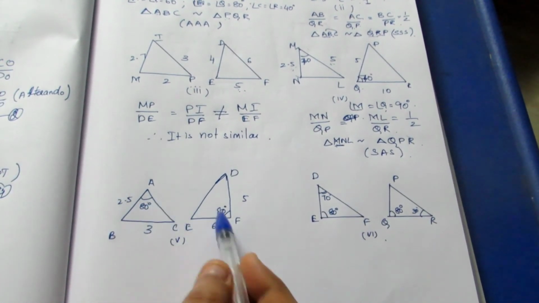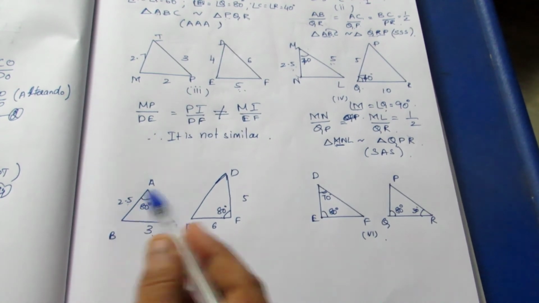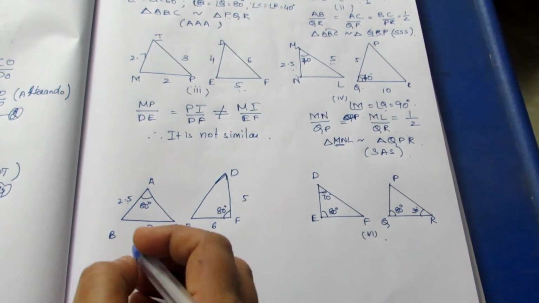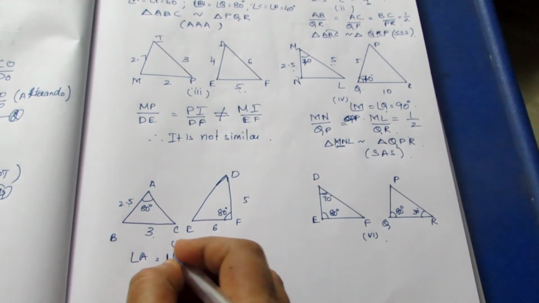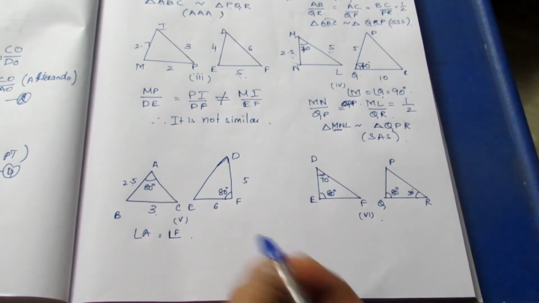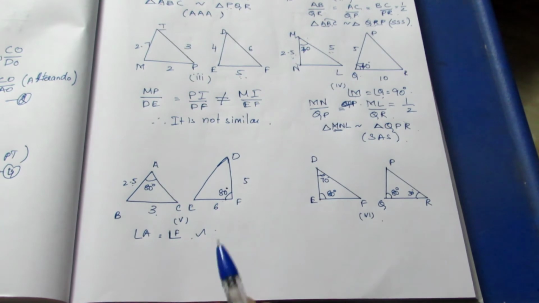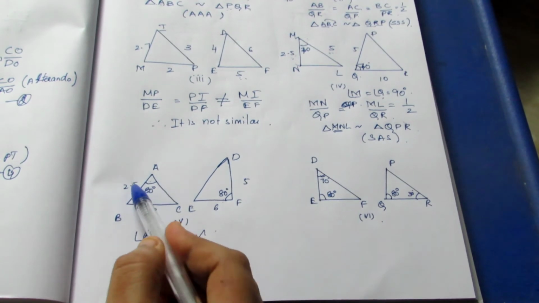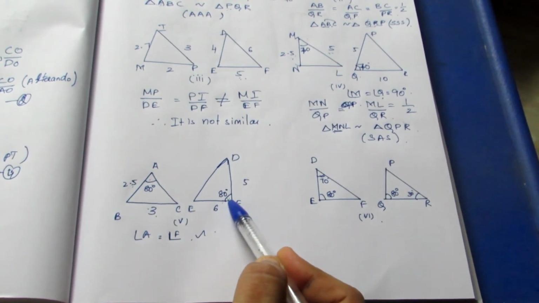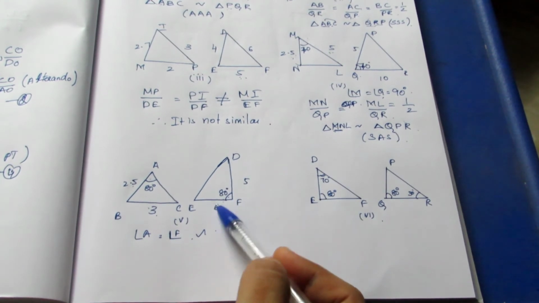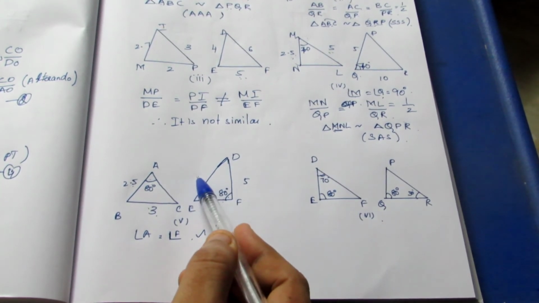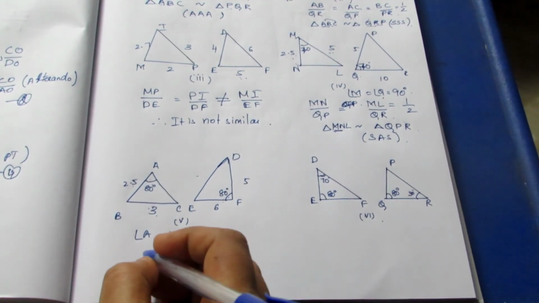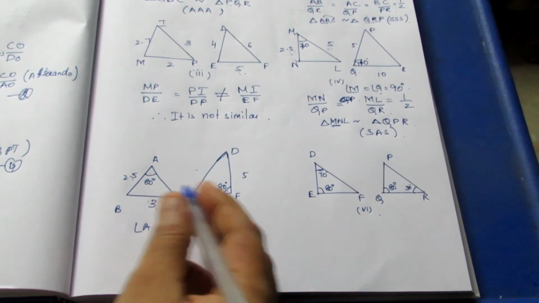In the fifth one, one angle and two sides are given. Into 2 is 5. Yes, it's right. Into 3 it's 6. Yes, it is right. We'll check which two triangles are similar. Angle A is equal to angle F. It's okay with the angles, but with the sides, here the opposite side is given, and here one adjacent side. Here for the equal angle, both adjacent sides are given. There is no opposite side equal. Here the opposite side is given. Here there is no opposite side, and we can tell directly it is not proportional because sides are not similar.